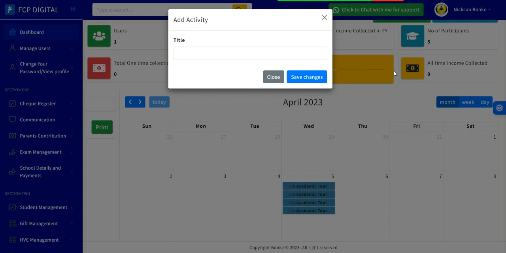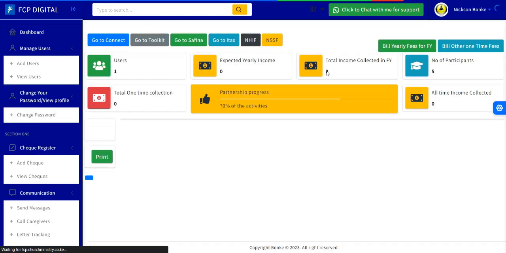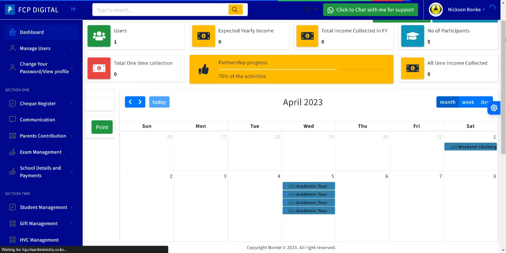Let me just type here, sorry, weekend challenge. Okay, challenge, weekend challenge, and then say save. Right, so when you save, you just need to refresh for the calendar to pick up the new dates, the ones that you have just processed. So the calendar will pick up the new dates and tell you, you see right now it's saying weekend